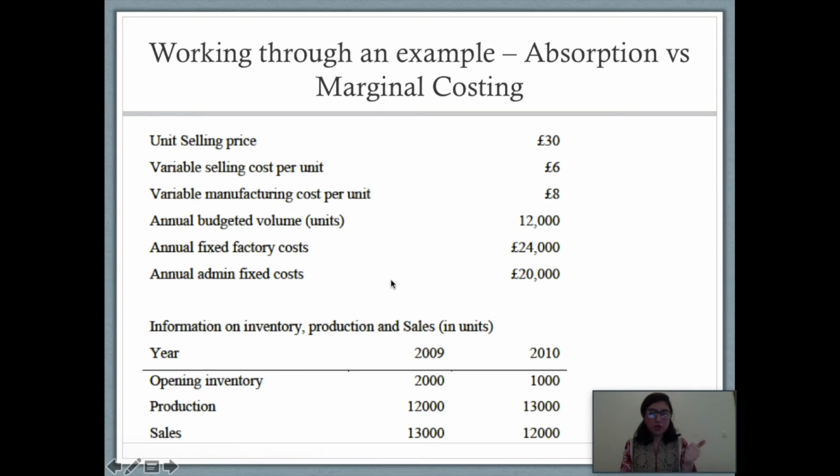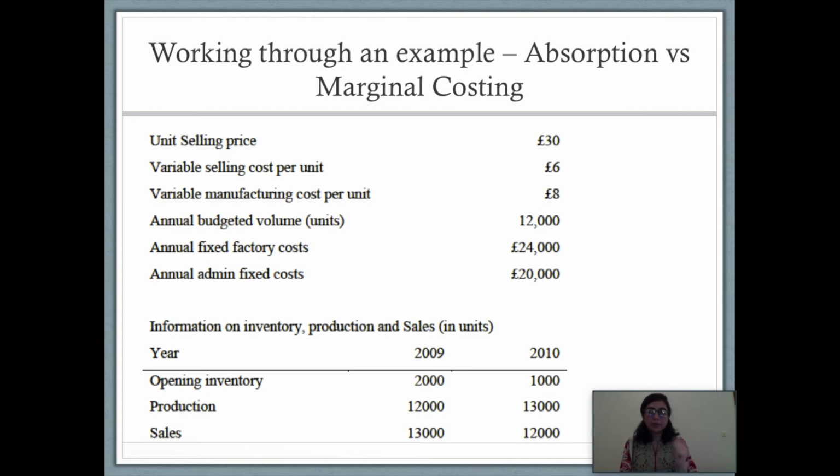We have factory costs, which are production related, and we have admin costs, which are non-production costs. I explained the difference between production and non-production in the cost matrix. So you can see that the whole question wants you to segregate the cost matrix in your mind. What are variable, what are fixed, what are direct, and what are indirect. The question then gives you information on the inventory, the production and sale in 2 years, right? As I stated, this is a question of